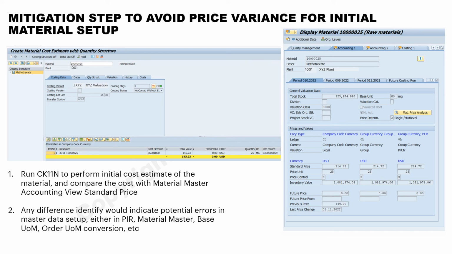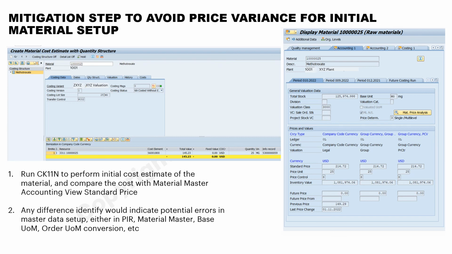It can also be the currency conversion in the PIR, if you procure in Malaysian ringgit, euros or Singapore dollars, where the conversion factor is converted incorrectly, which causes the variance. That will then be flagged to the master data team to do a final validation to fix